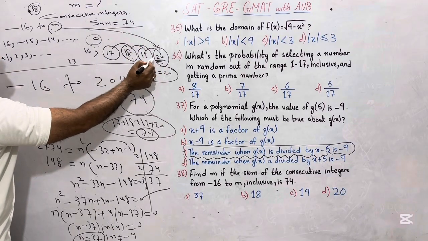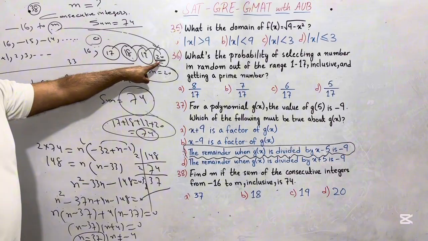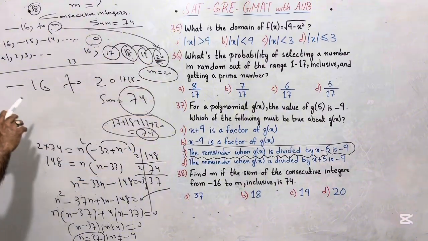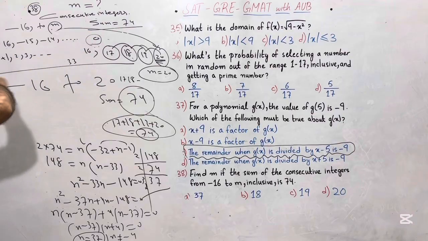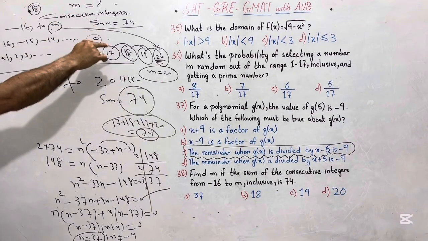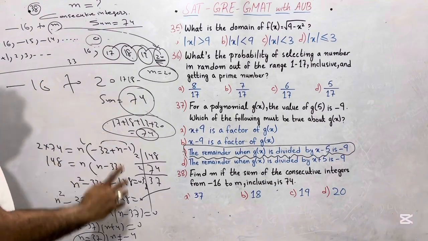Total terms are 37 over here, but the value of m is 20. We have to add this sequence from negative 16, negative 15, negative 14 and so on up to 20 to get to the sum 74. Moving towards the next question, we have